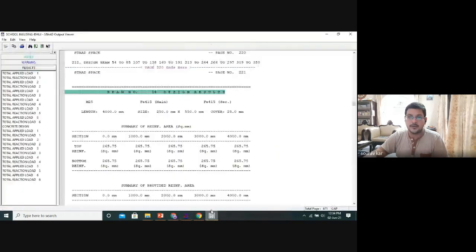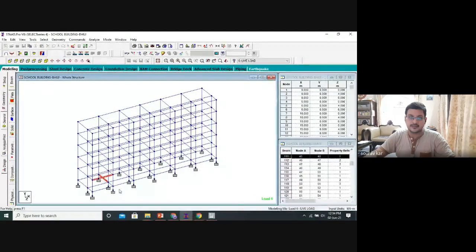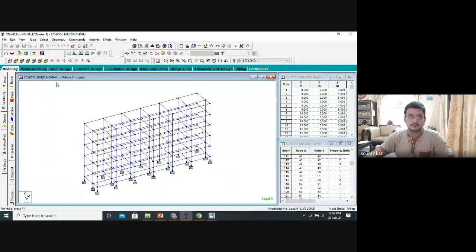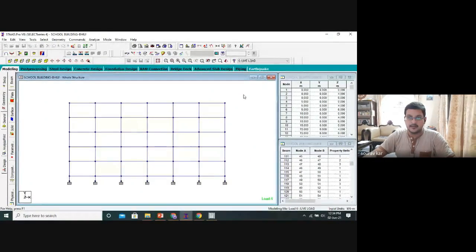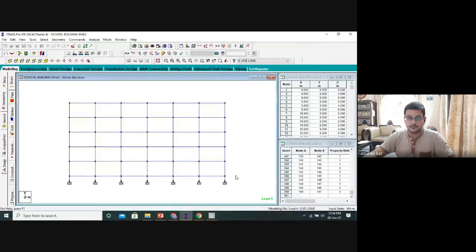So how much is it requiring? Come to 54, top reinforcement. If we check throughout 0 to 1000 mm to 2000 mm to 4000 mm, that means it is 4 meters in length. All the beams in this direction were 4 meters in length. Let me reduce this. Just wait.